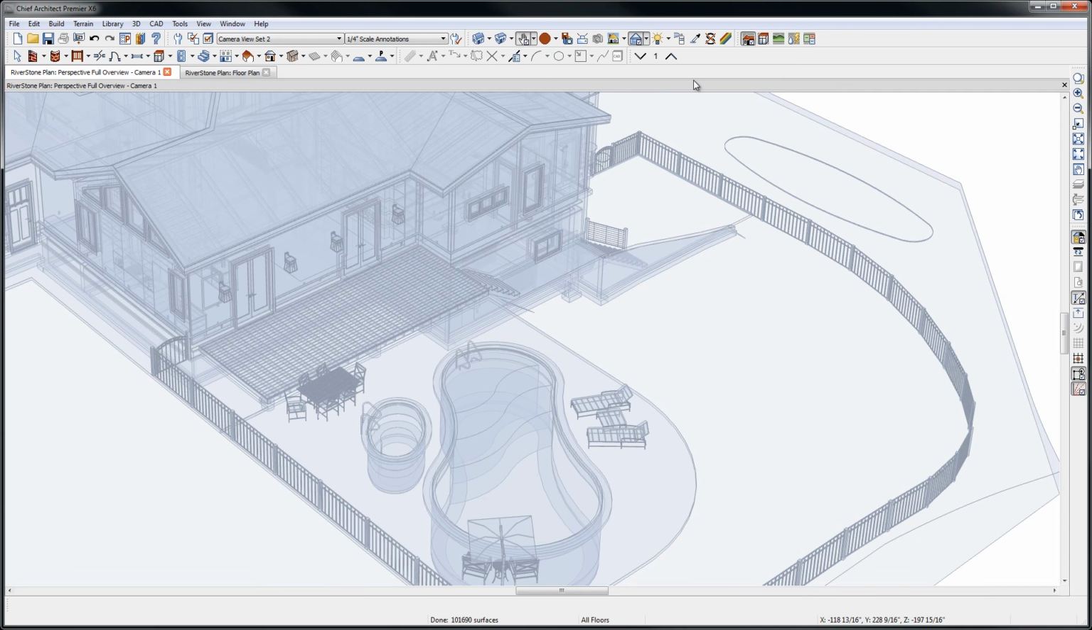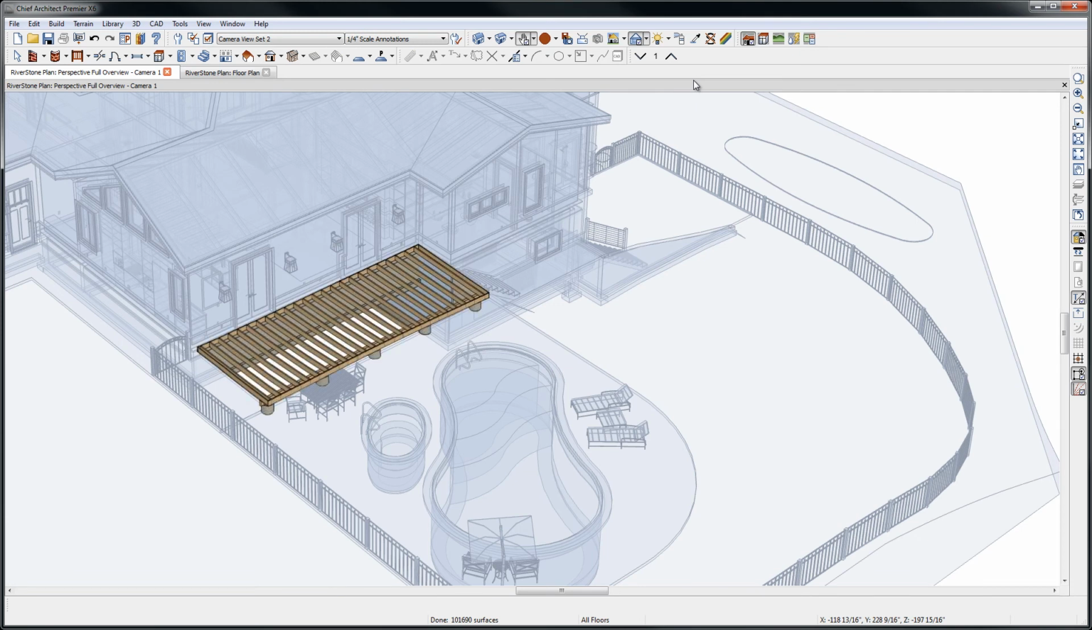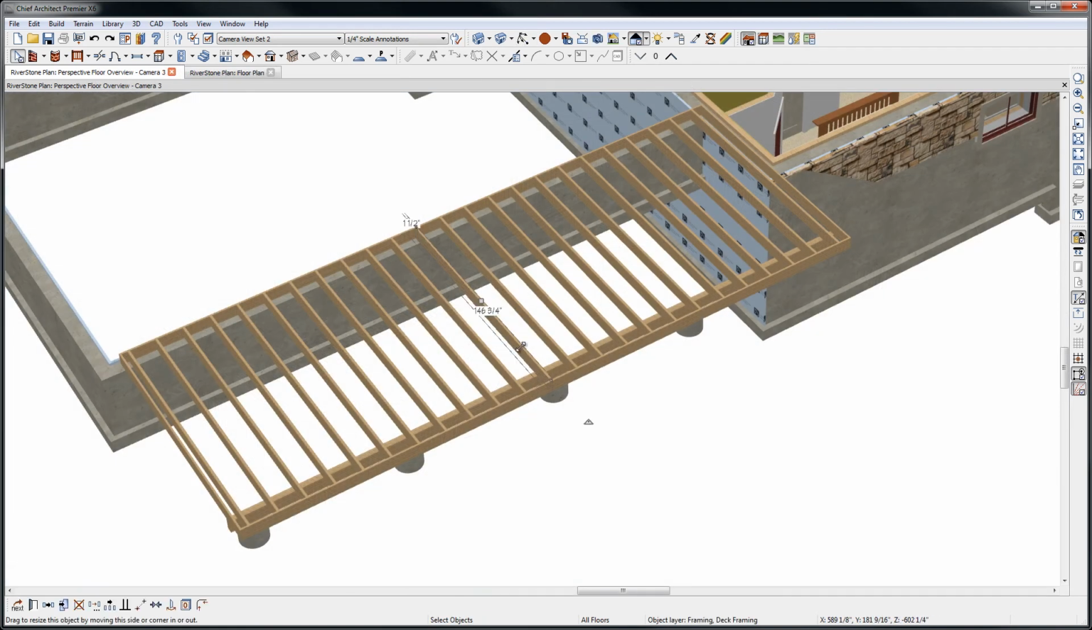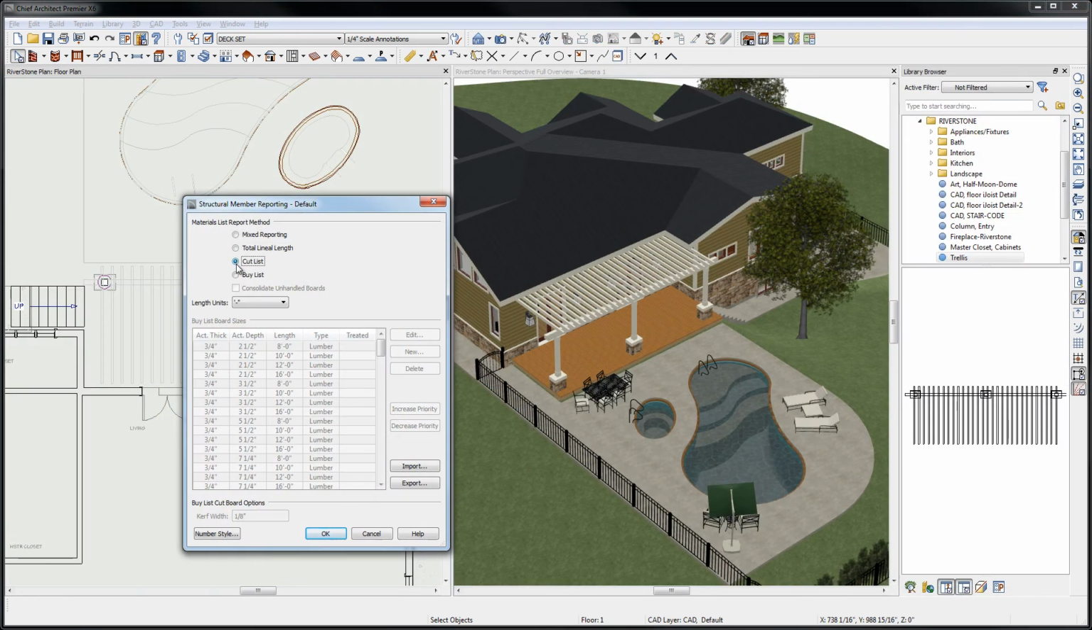Chief Architect also creates the deck framing automatically, including the supports, even when the deck extends out over a sloped lot. If we expose only the framing layer of the deck, all these elements can be manually modified. For decks, you can get a cut and buy list for your materials, covered more in the cost estimating section